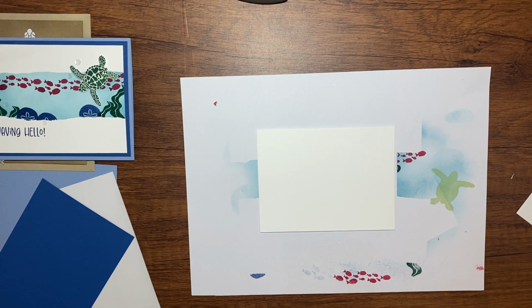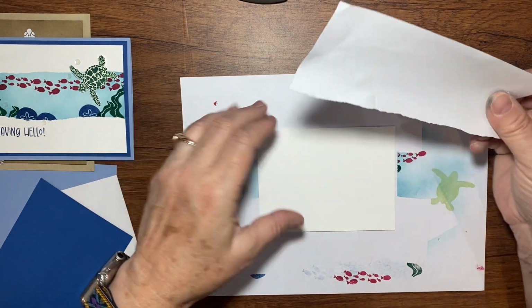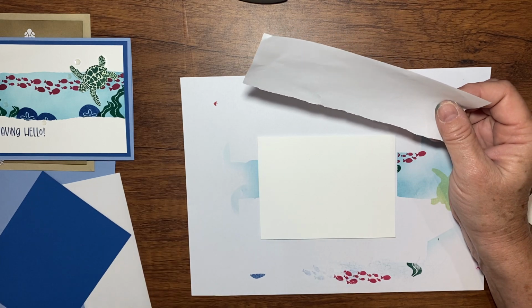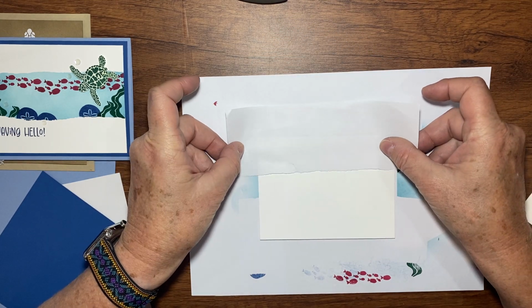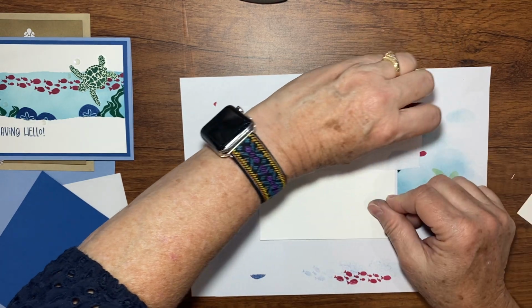So now I'm sticking it down to my clothes where you can't see, I'm off camera. But now I got it stuck to my skin. Hopefully that helps. But now I'm going to lay it on my cardstock. And now when you lay it down, you can see through it to see where you want it. So I'm going to lay this one down, and then I'm going to just check and make sure that I can peel it off, that I've gotten rid of